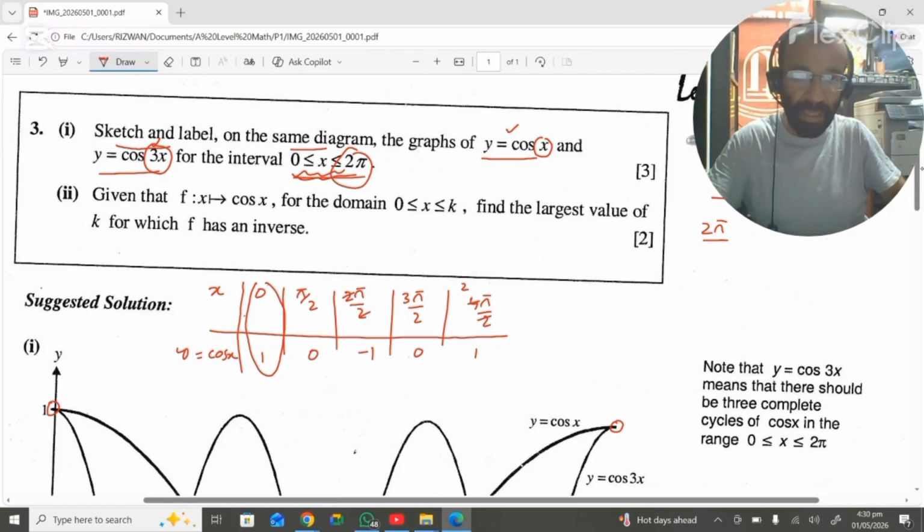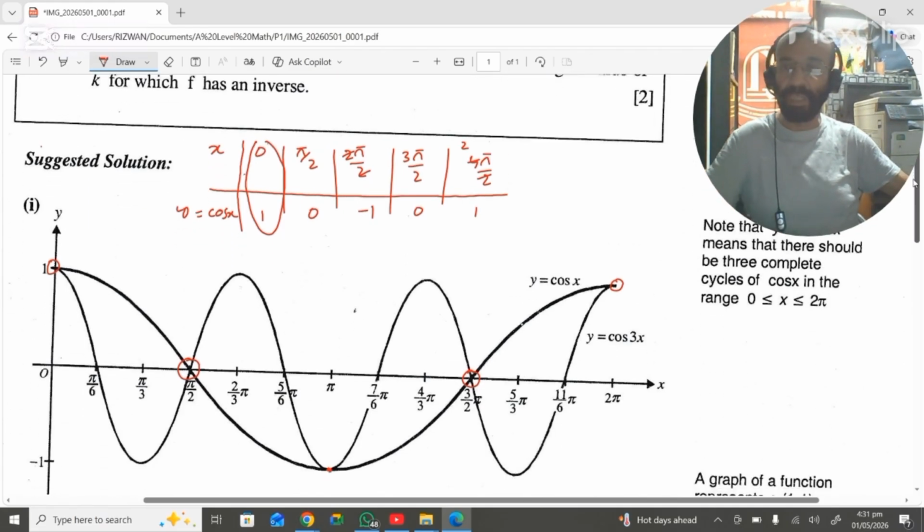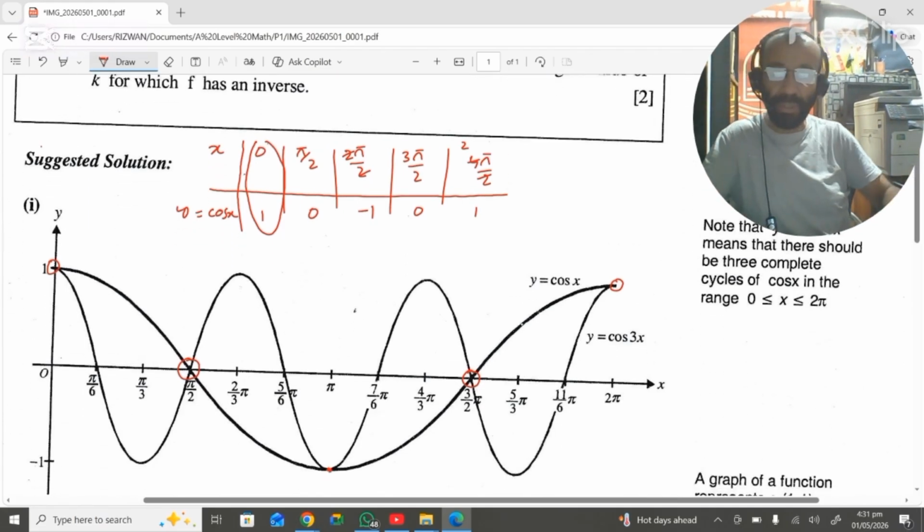So divide by 3 and multiply by 4. Now solve it. 2 2s are 4, so it is pi by 6. So this is the interval which should be taken on the x-axis for the second graph. So look now,